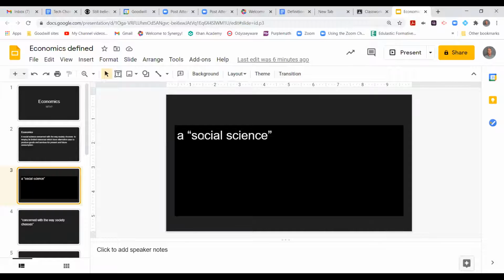People that are economists are trying to study human behavior and their choices in a social setting. So they try to apply the scientific method, but there's a lot of gray area, a lot of stuff that you can't pin down in black and white. So it's a very tricky